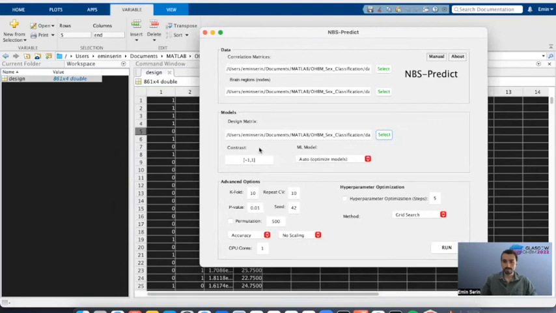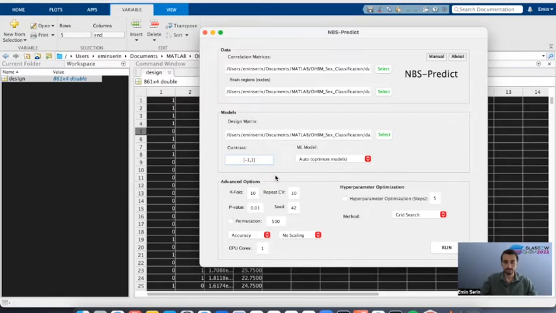Okay, so another important parameter to define is the contrast factor. The contrast factor here is basically the same contrast factor you use in your univariate analysis. So here you see the contrast factor of -1 and 1, which simply tells NBS-Predict to select the subnetwork greater in group 2 than group 1, without controlling any confounding effect of the other variables.